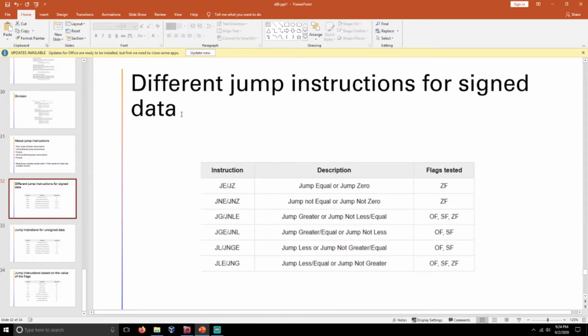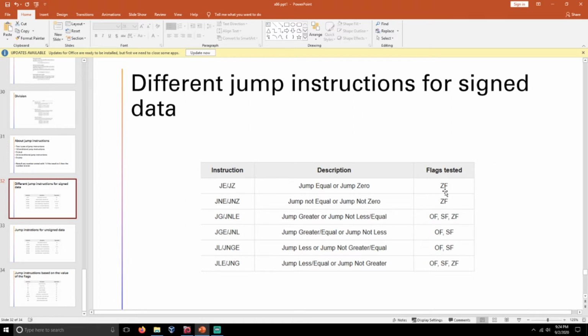In this slide we are going to discuss different jump instructions for signed data. Here the instruction is nothing but a mnemonic. JE or JZ means jump equal. If the result is equal to your intended number, or if your result is 0, then this instruction will get executed.